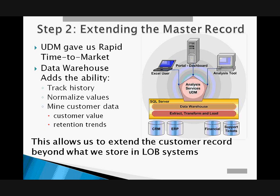And then the last bullet point on there is that I can begin to run some data mining algorithms across it. For those people that haven't seen, in SQL Server 2005 Service Pack 1 or 2, I forget which one it is off the top of my head, there were some Excel add-ins released for data mining. This gave business users, the sales and marketing people, the ability to connect up to the UDM that I was talking about a second ago, or to a data warehouse, and begin to run some data mining algorithms. There's a whole host of them, and it's a whole other conversation. I can't talk about it in depth today, but just know that there's a dozen or so